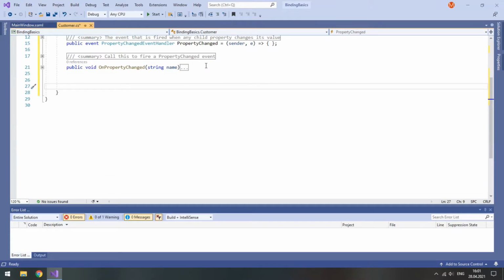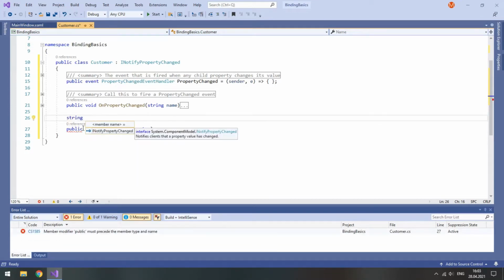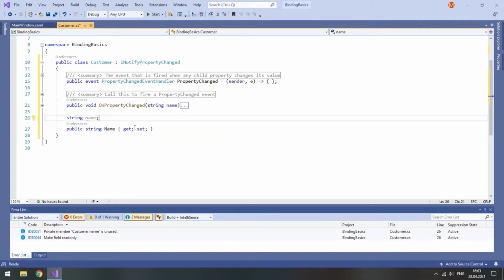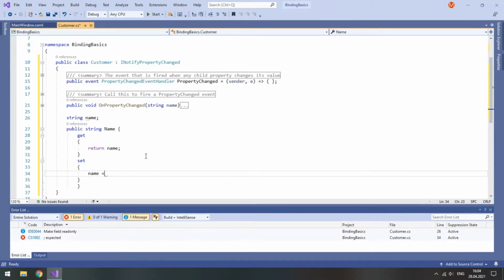We will create just 2 sample properties, so make them public, for example string, and any name, for example Name, getter and setter. Now let me briefly explain why we installed PropertyChanged.Fody. Without it, you would need to create a field for every public property that is going to be changed, typically with a similar name, and in order to get it, you would return this private field, and in order to set it, you would set this private field to the value passed to this property.